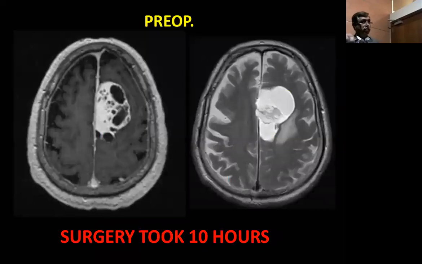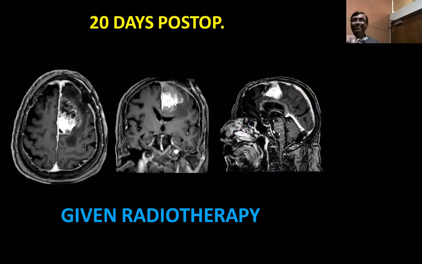This is a patient with this tumor. It's rather cystic. Surgery took 10 hours by that particular mediocre surgeon. 10 hours. This is post-op. Nothing. Absolutely nothing. He used to go out every hour to smoke and eat a sandwich and go drinking coffee and come back so that it would take 10 hours, so that he'd earn his money. And then he said, oh, okay, we have decompressed the brain, send him for radiotherapy. These are actual cases in Jordan.